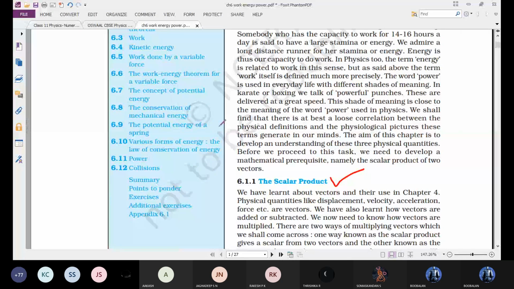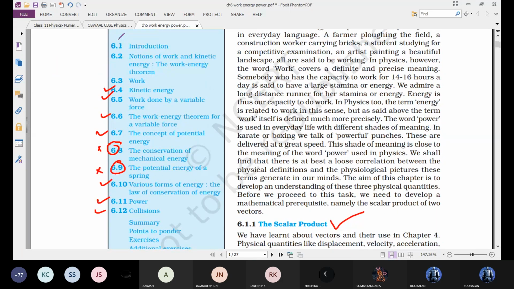So only 2 topics. Okay, all the topics we completed. So these 2 topics we will discuss in the upcoming class. There is no problem. Up to that, if you have any doubt in any topic,